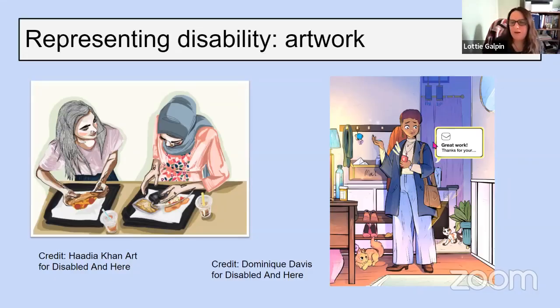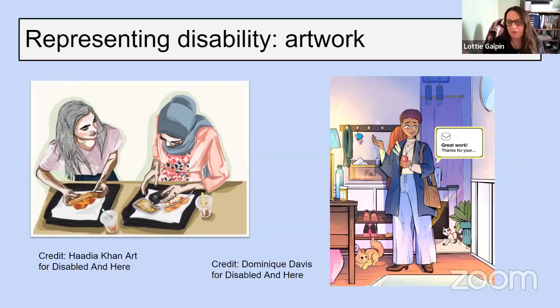And then likewise in this image here, we've got just a picture of some medication, which could be for a mental health challenge, or it could be for another condition. But it's just a little subtle nod to disability. And we can do this also with the background of images. You could have assistive devices visible in the background of images, or things like grab bars in bathrooms.